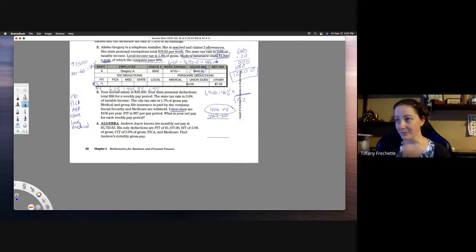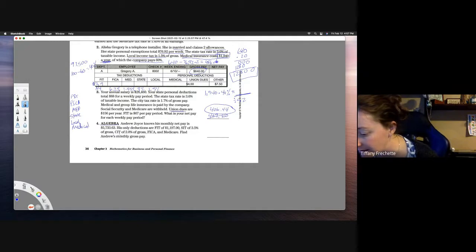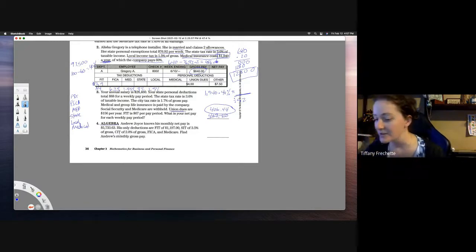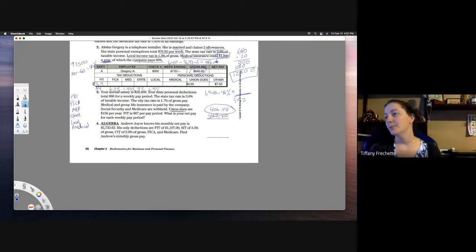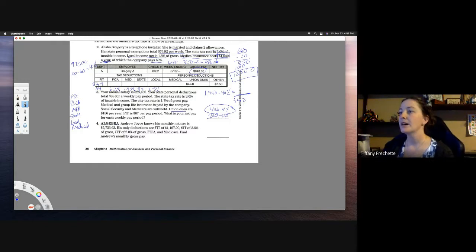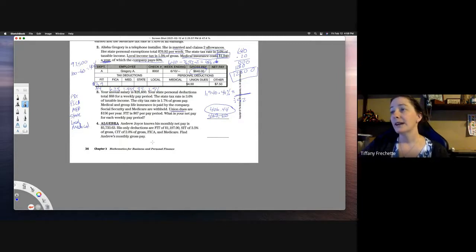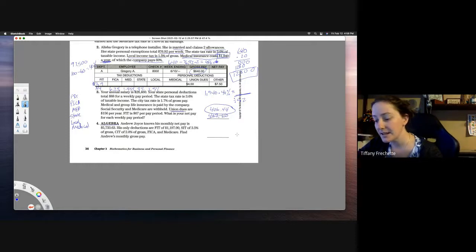CIT, that's city, so that's going to be the local. Don't know why they're all of a sudden referring to it as CIT, but that's where they're going with that one. FICA, Social Security, and then Medicare. So we have all of these pieces. We know the percentages. Either they gave us the percentage or we already know the percentage from previous sections. So we have a little bit of work to do on this one, but we know if we add up all of his deductions,